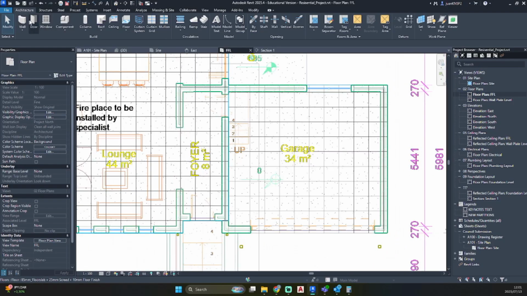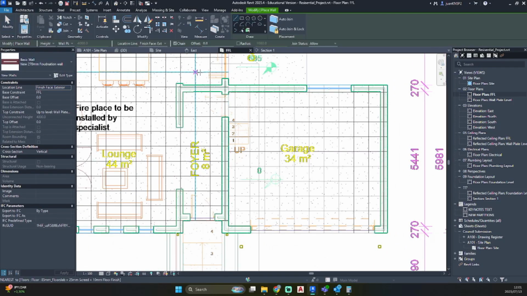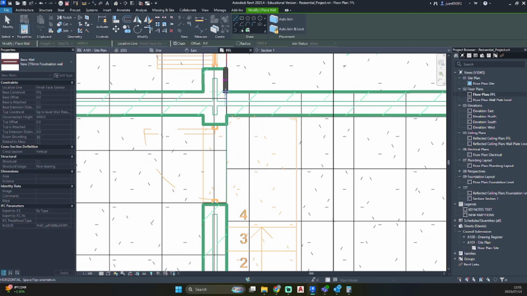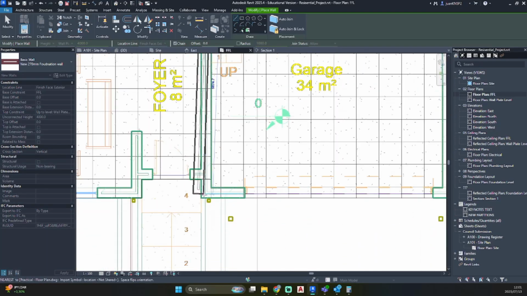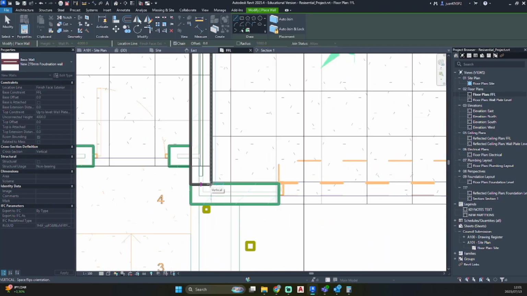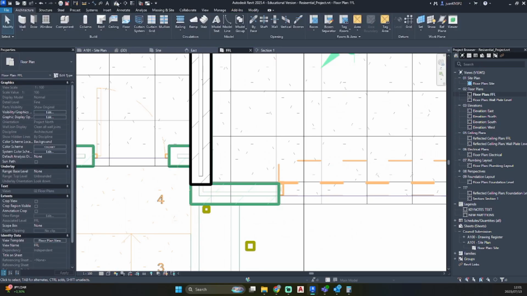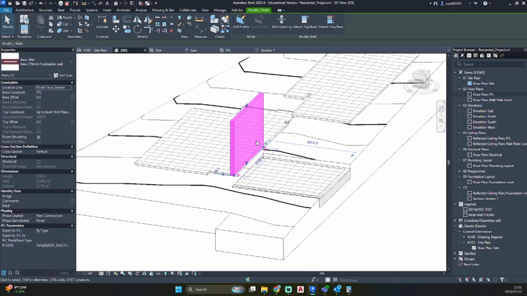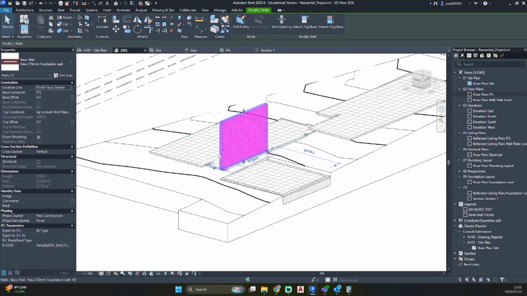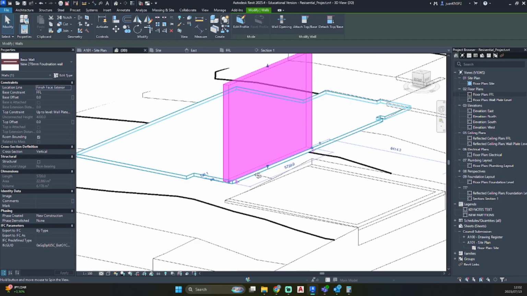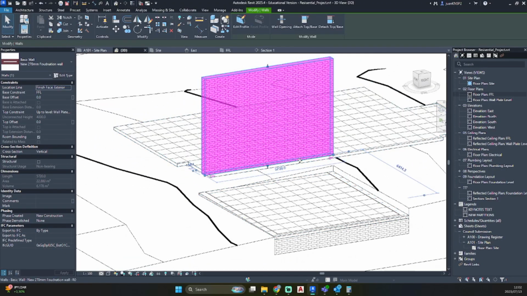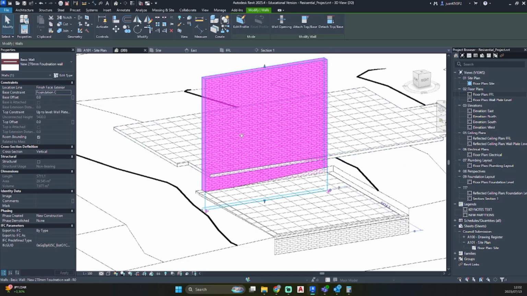So let's draw in another foundation wall from this corner to this corner. Go to 3D view. The reason why I didn't set these parameters is because we will need to adjust this wall, because this will need to go base constraint foundation level C, and this will need to go up to finish floor level.